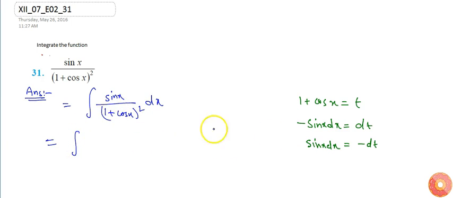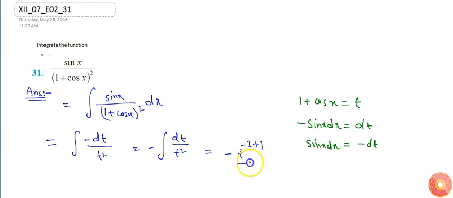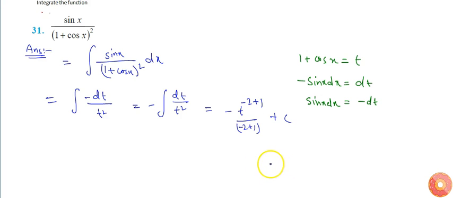The integration will transform into minus of dt by t square, and I can calculate the integration of dt by t square, which will be equal to minus of t power minus 2 plus 1 by minus 2 plus 1 plus c. C is the integration constant. So our answer will be 1 by t plus c,